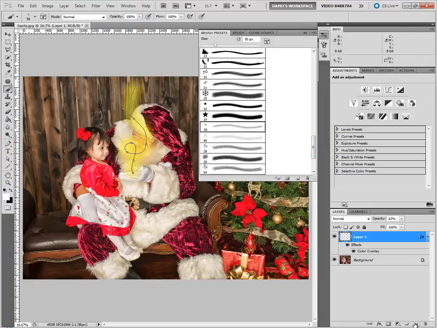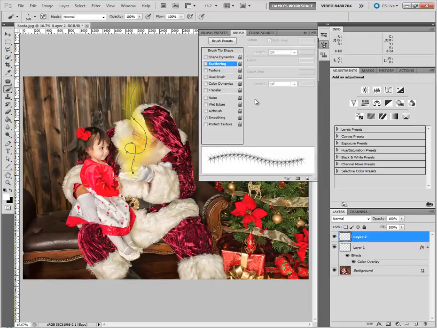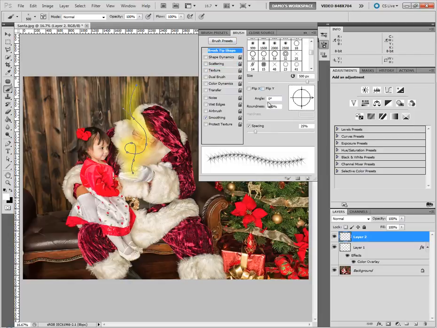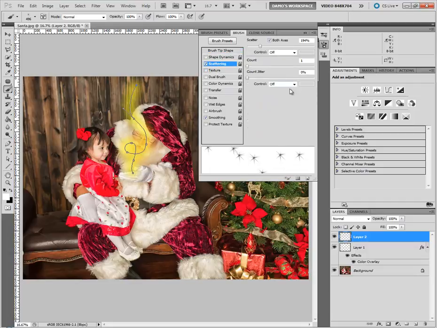Now, I'm going to do each brushing on a new layer, so I'll add a new layer here, and I'm going to increase that in size and try it out. Okay, that's going to be great, but I want to go to the brush details here. Under tip shape, I want to spread it out a bit so it's not so condensed, and scattering,